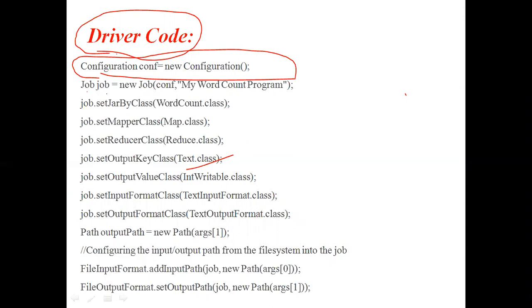Next, we are taking the object of the Job class, where the Configuration class and Job class are predefined classes. Job is equal to new Job. For this job, we are giving input parameters: the object of the Configuration class, comma, the name of the program, my word count program.